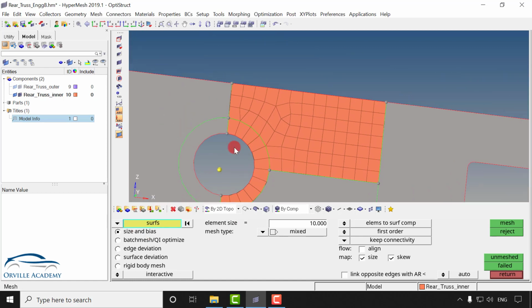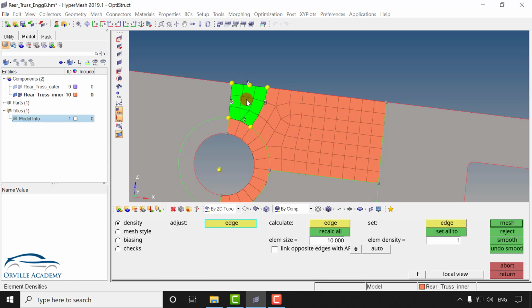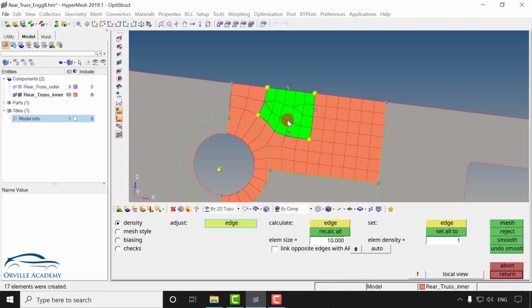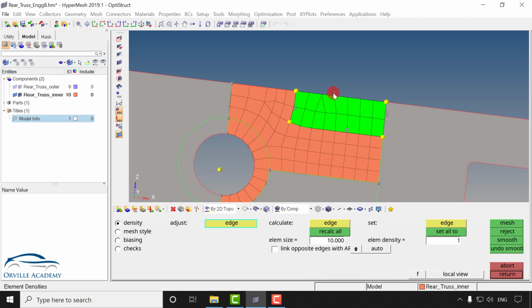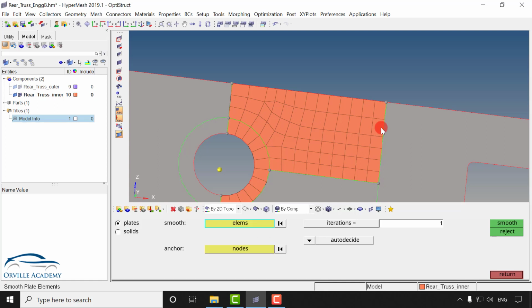So again I will go for elements, select only these 3 layers of elements, hide this one, and here set the number to 2. Same thing I will go over here and mesh it. Here I will increase the number by 1. Here I have two triangular elements. One of them I can easily remove, but this triangular element I will keep as it is, because if I move this triangular element over here it will become a very fine mesh, and if I move this triangular element over here it will become a coarse mesh. So in order to avoid that I can keep those things as they are.